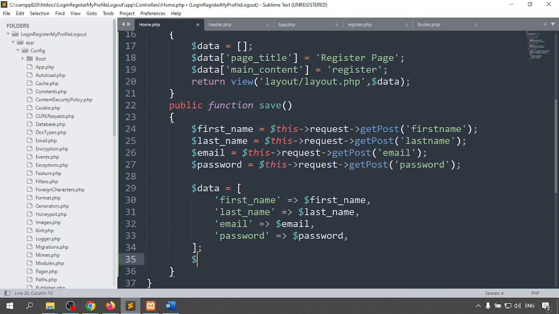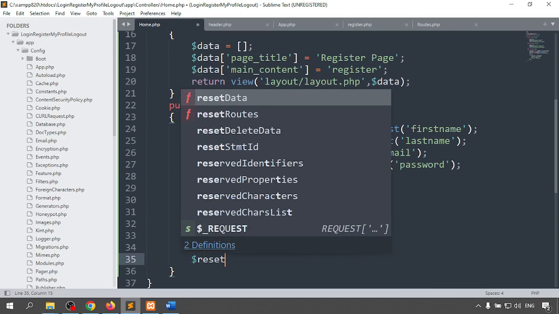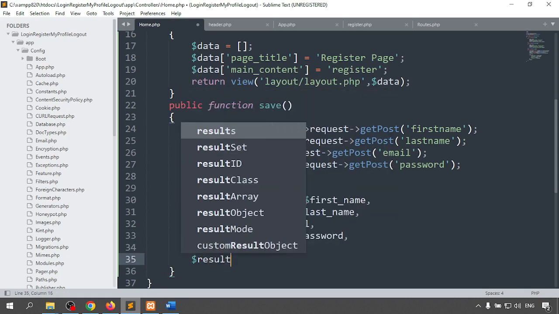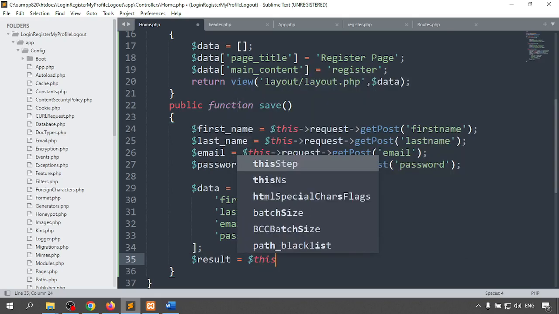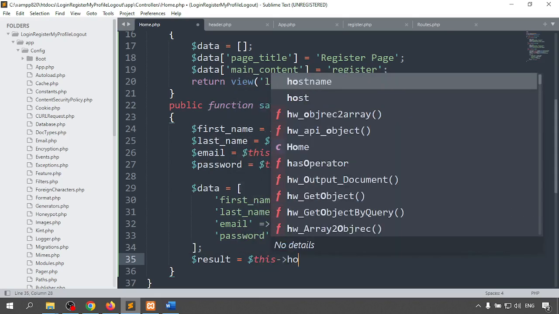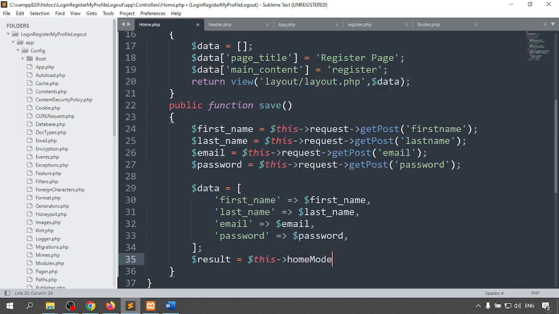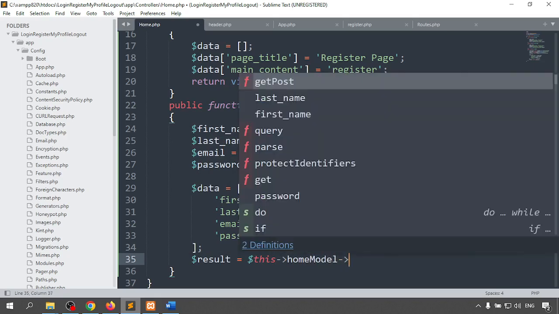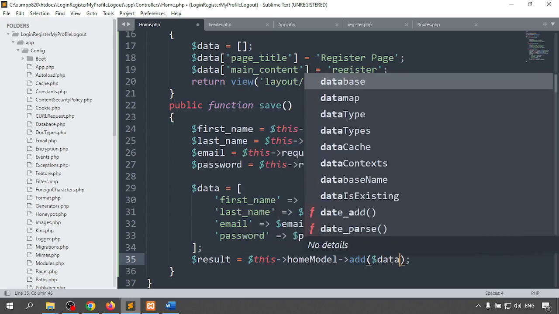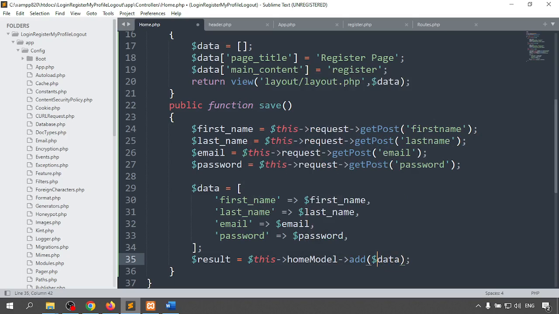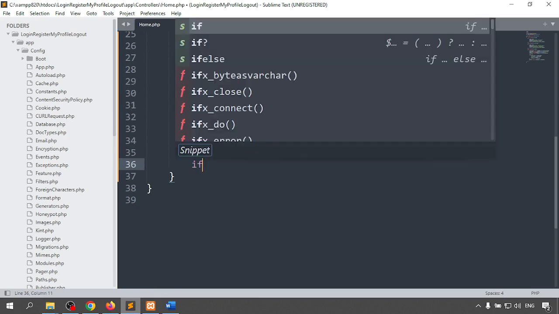Now I need to insert the data into the database. So result, I'll call that $this->home model. I'll create that later on. I'll create the function add, and here I'll pass the data. So inside the add function, I'll pass the data, and here I'll check